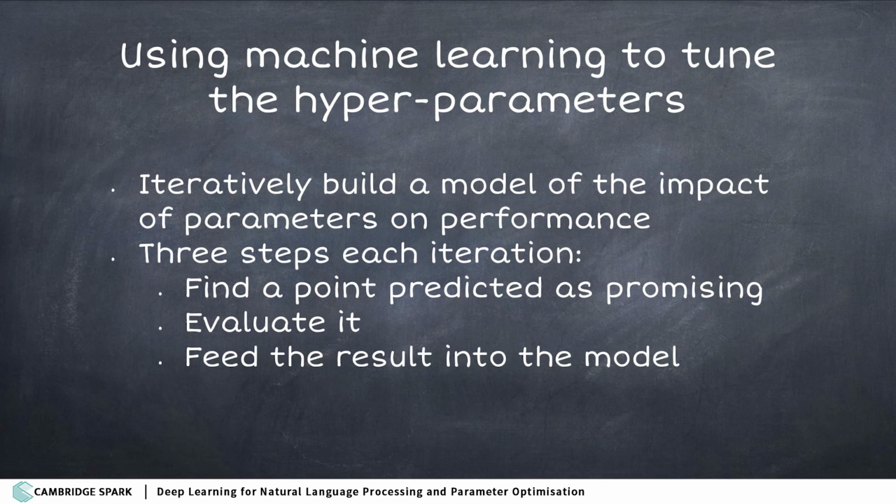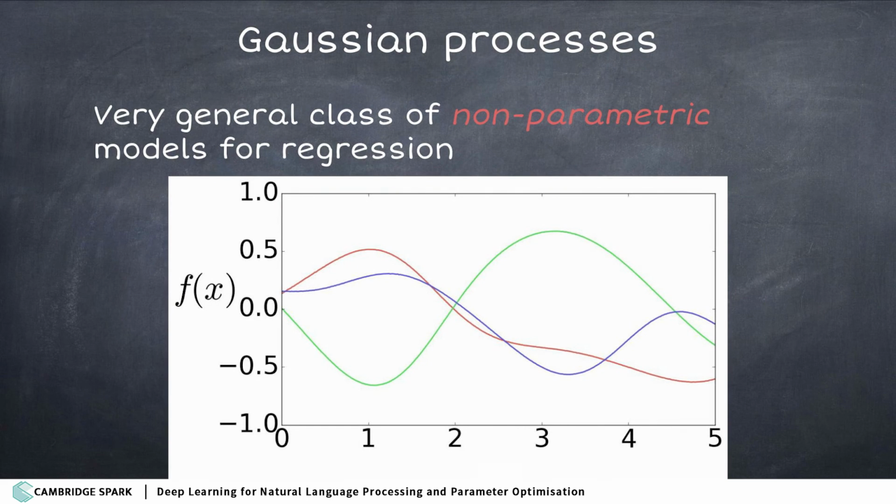As iterations grow, as we've tried more things, the model starts understanding more and more how hyperparameters affect the performance. There's one type of model which is used a lot in this context because it's very powerful, and it's Gaussian processes. Gaussian processes have a very rigorous mathematical background. If you know what that means, they're full Bayesian. That means they do proper statistics, and they're not a heuristic.